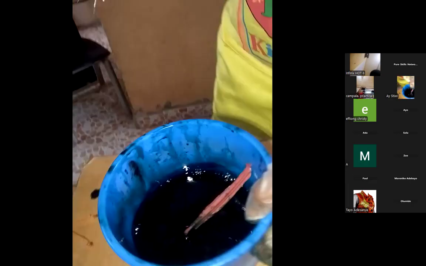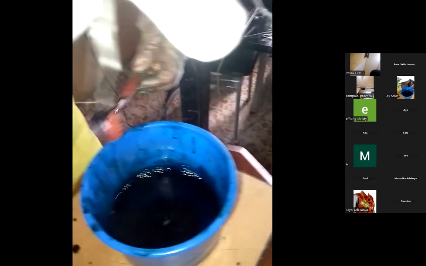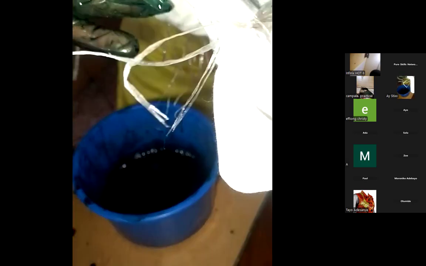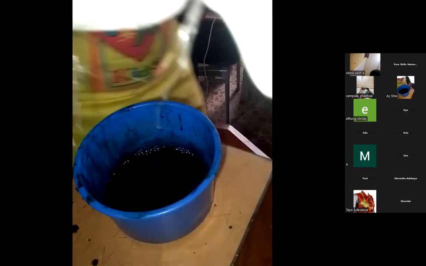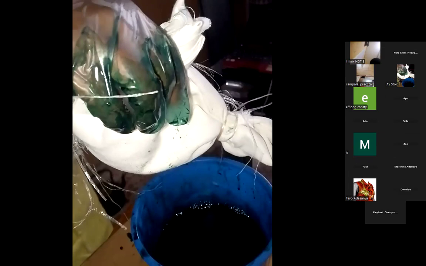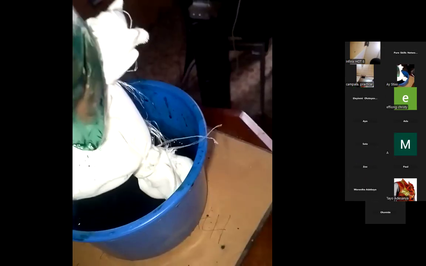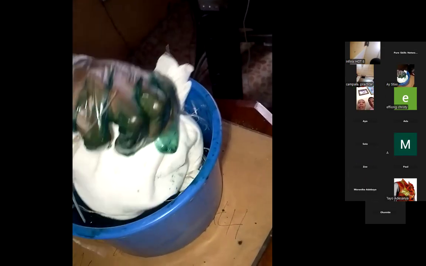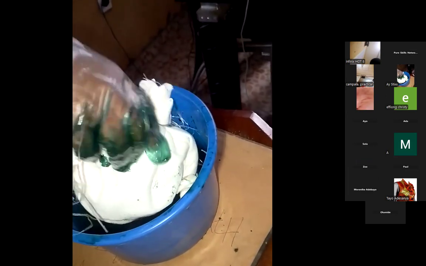You want to use only one color for this. We used two colors for the first one. For this one, I want to use only one color, which is monochrome. We dip everything.